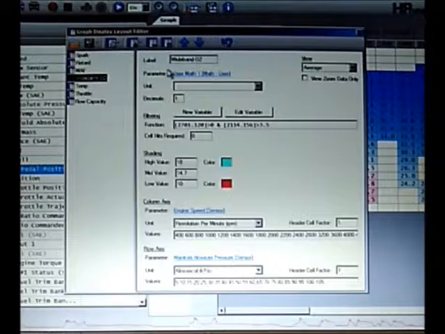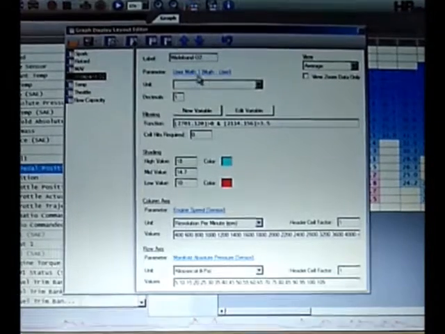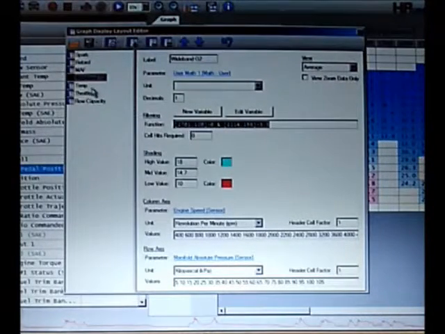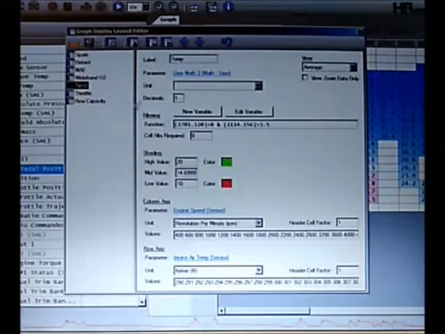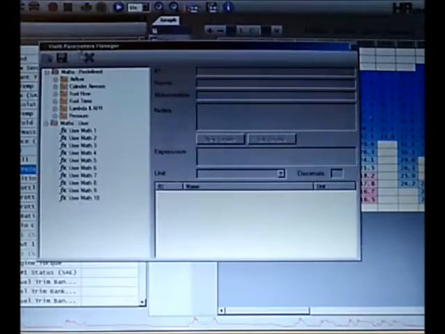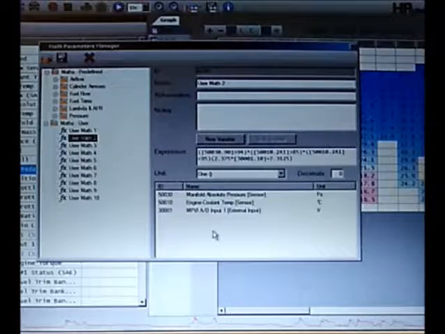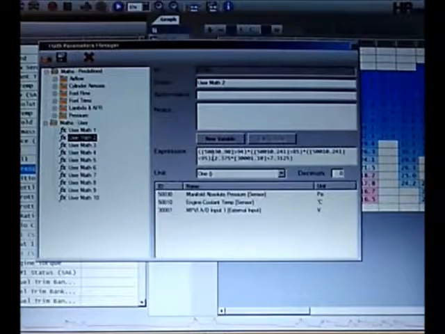We already talked about the user math function. So you'll have to use your transfer function in there to get your AFR values. Put your filtering in. Temperature, user math 2. What did I do here? Let's take a look. Okay, I did quite a few things actually. So user math 2, let me see. Manifold absolute pressure greater than 94. This one here is engine coolant temperature greater than 85. And